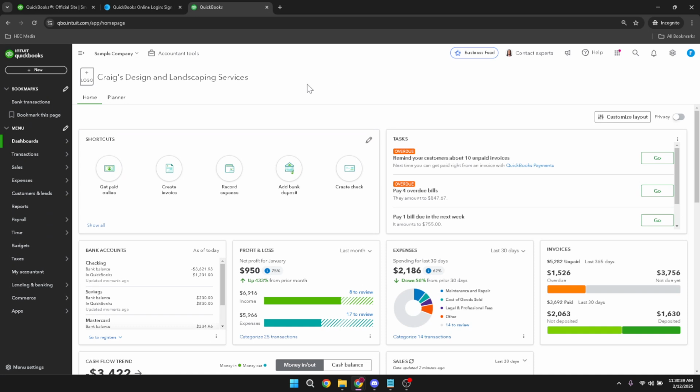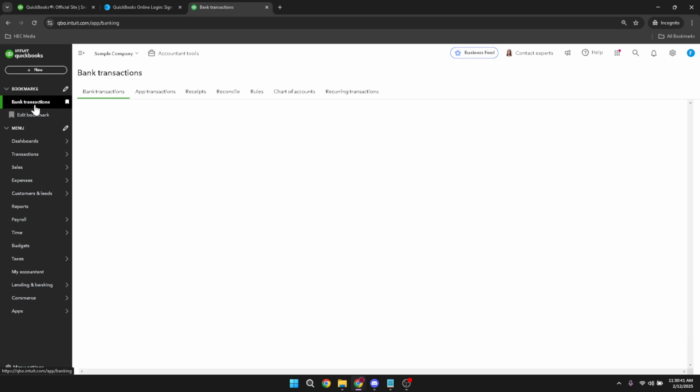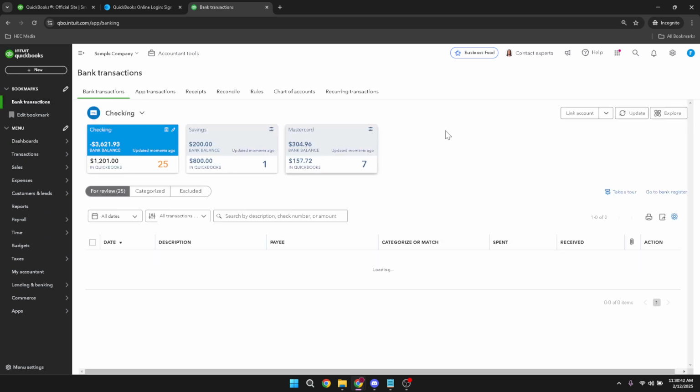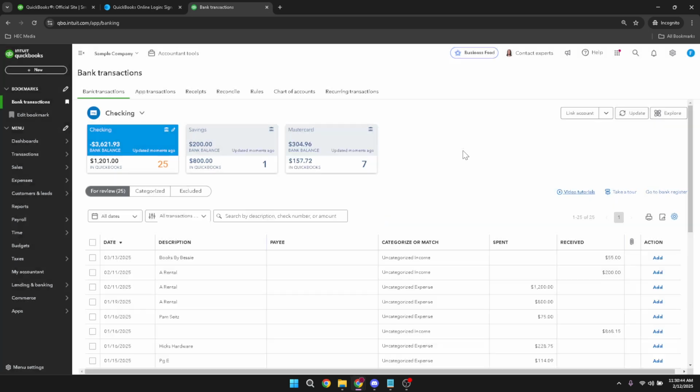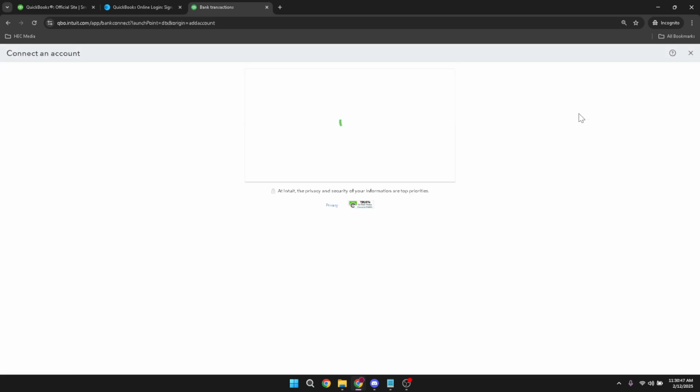Now focus your attention on the upper right corner of the screen. You'll see a button labeled Link Account. Go ahead and click on it. This action will initiate the process of connecting your bank accounts to QuickBooks Online, which is the primary focus of this tutorial today. After clicking Link Account, you will need to select your specific bank or credit card account from